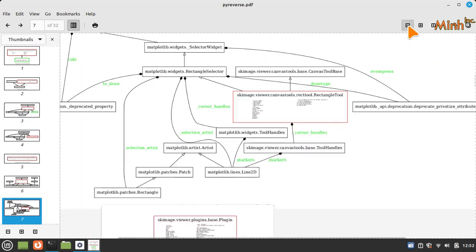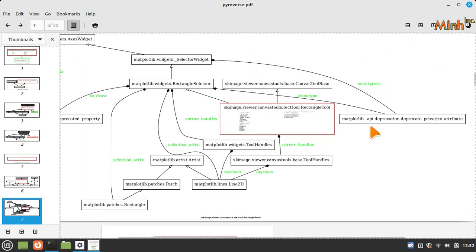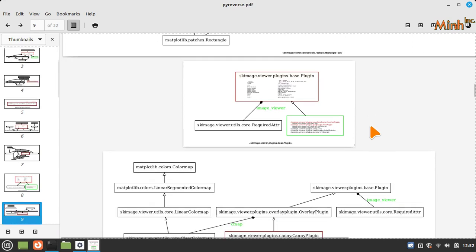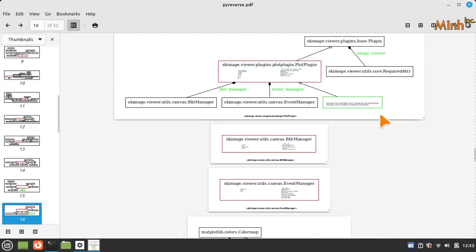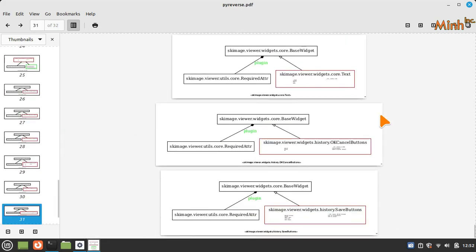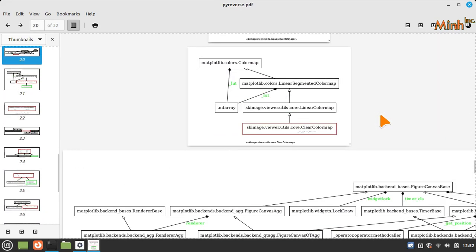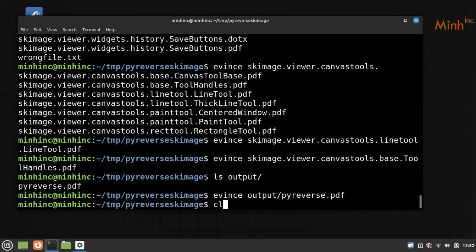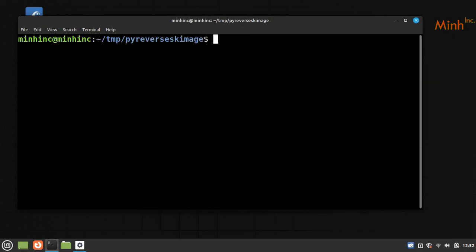rectangle tool class, nothing is derived from the rectangle tool, okay. Plugins base, so this is the derived class. So like this, for all classes we get all 32 classes in one PDF. So this tool clearly generates